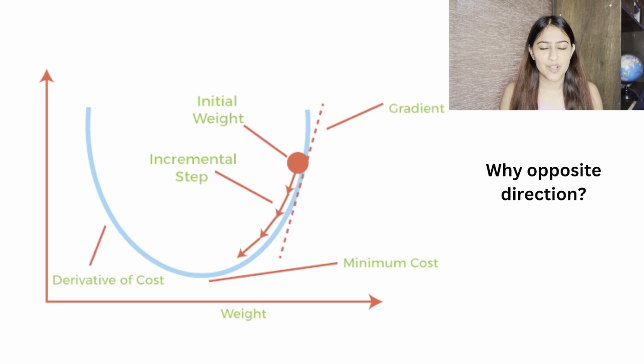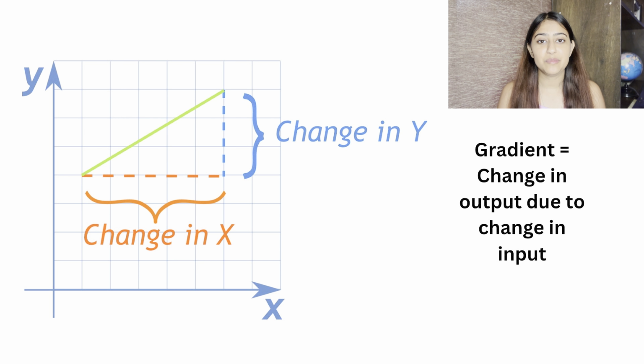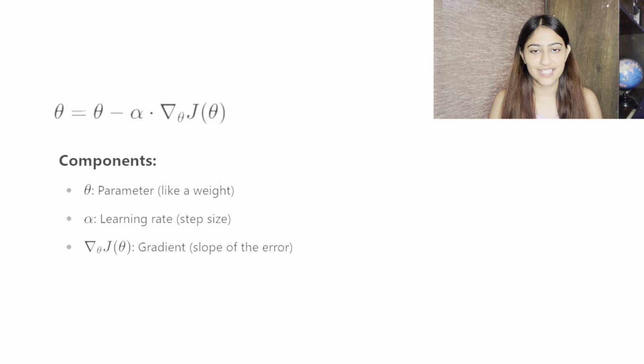Why opposite direction? Weren't we wanting to go downhill? For this, you need to understand the technicality behind the term gradient. So what gradient really means is that if I increase the input by an amount x, by how much amount will my output increase? So you see, all of this is going in the upward direction because you want to see by how much increase in your input you can change the output levels. So now if you want to go downwards and you want to reduce the loss, you will obviously go in the opposite direction of what the gradient tells you. And that's why opposite.